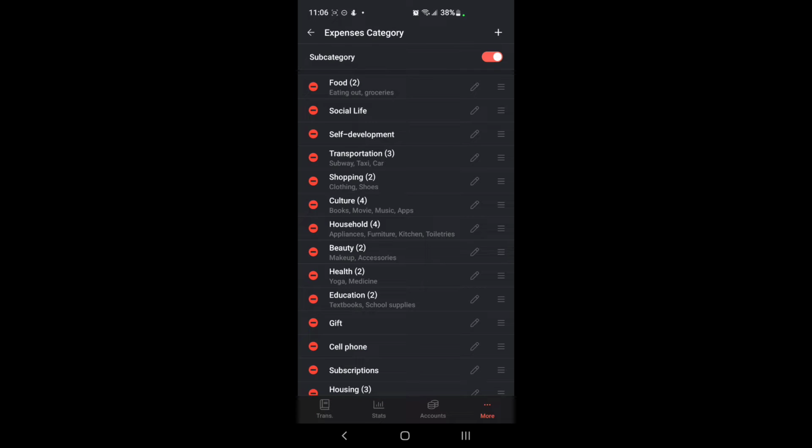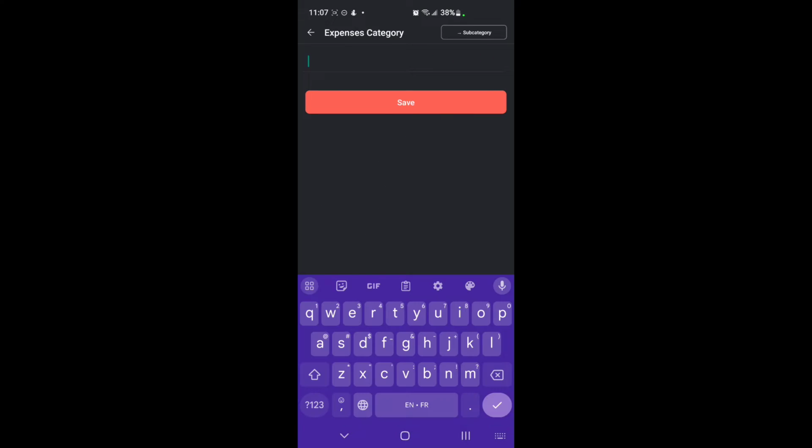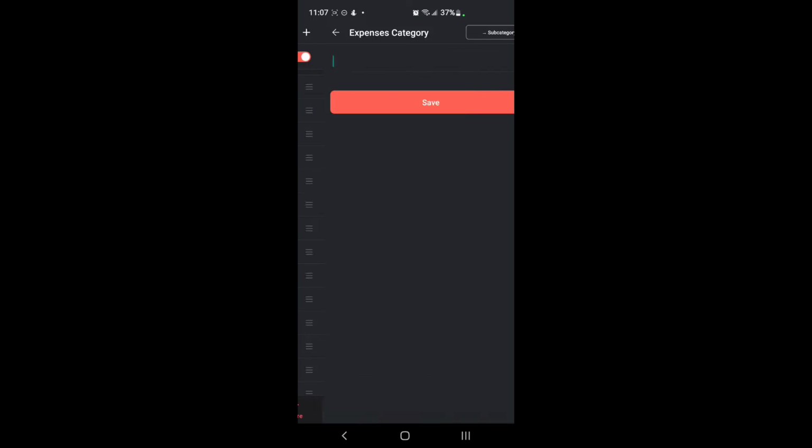And this is what you see. We have the ones that were there by default. Also, we have our subcategories turned on. This is important as we need to create our subcategories for our needs, our wants, and our savings. So we're going to go to the plus to add our first expense category, which will be needs, save, again, plus, wants, save, and one more time, plus,